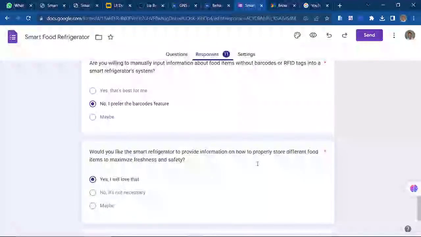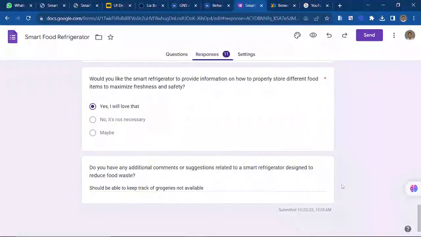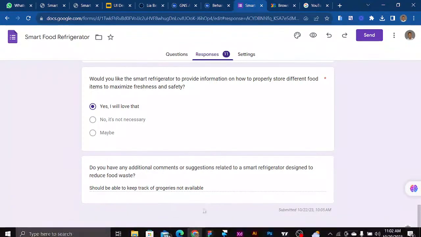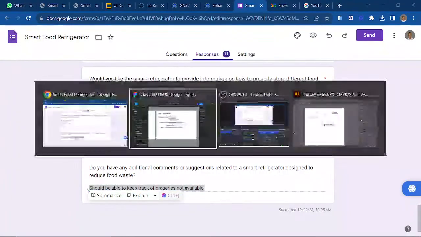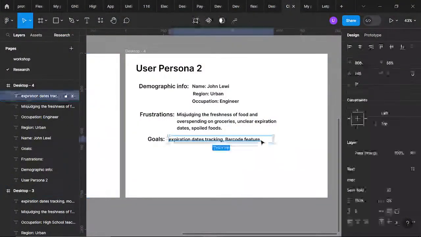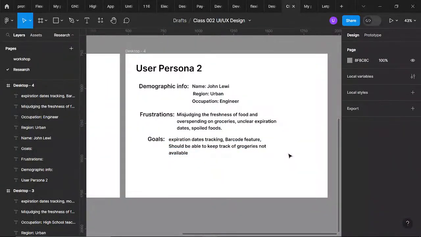That will talk more on the differentiation, right? Because they all have a particular aspect they have more priority on. They want more features to talk about. So he also said it should keep track of groceries that are not available. That's another goal. So that's another goal here.